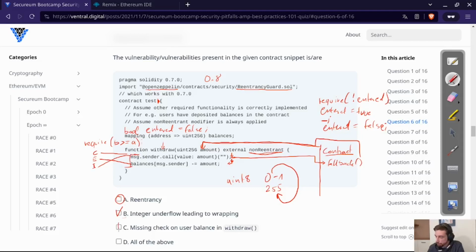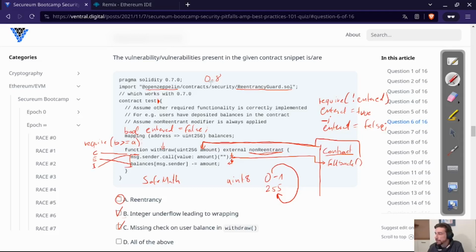So a check is definitely missing. Alternatively to this explicit check, we could have used a library called SafeMath, which you can use to make subtractions with instead,